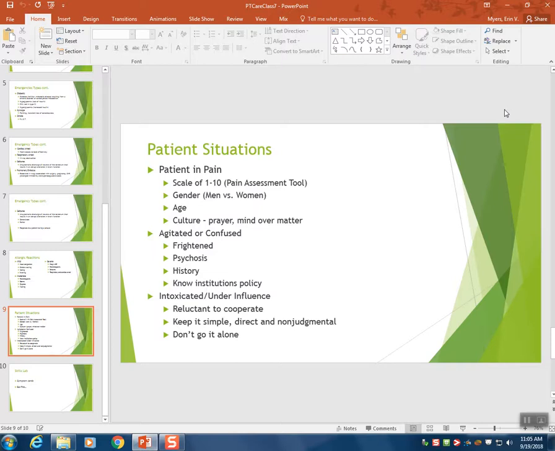So it's always important to know if your patient is agitated and confused, get a history, if you can, possibly a mental history. Find out what's going on, if they've ever had this before, and if they have had this before, when did this happen? Usually you can kind of create a timeline. And also with agitated patients,